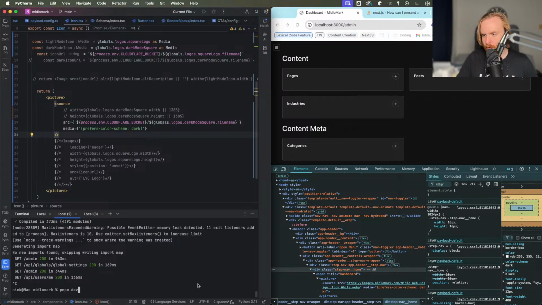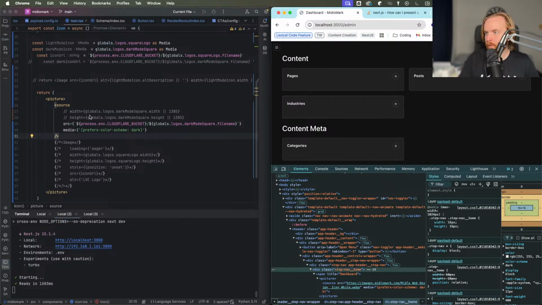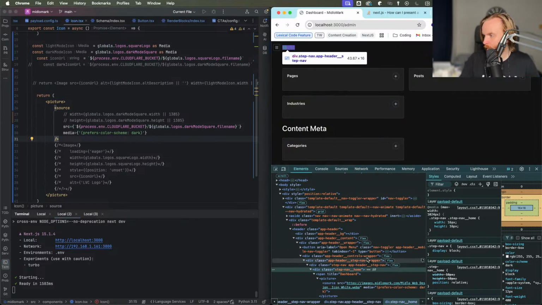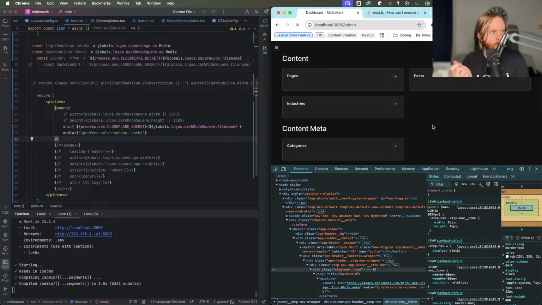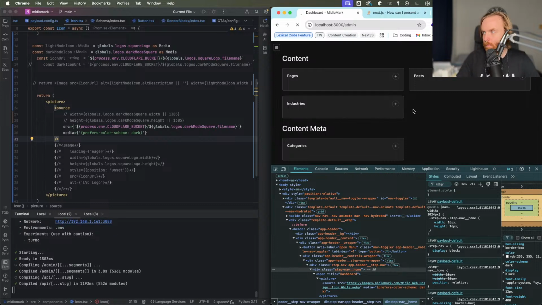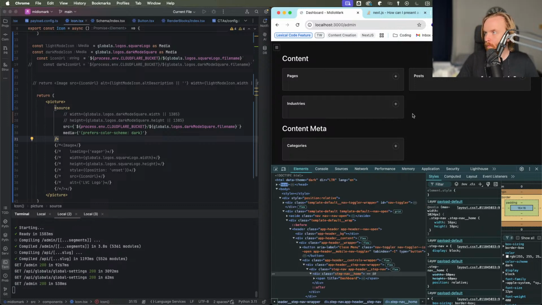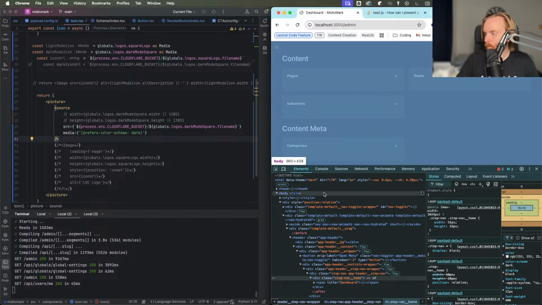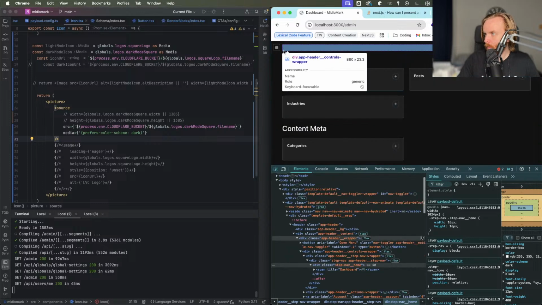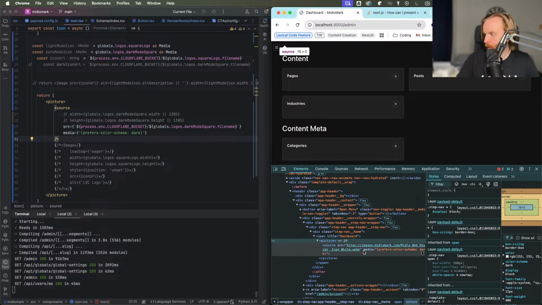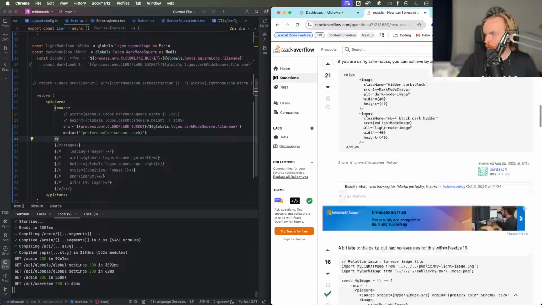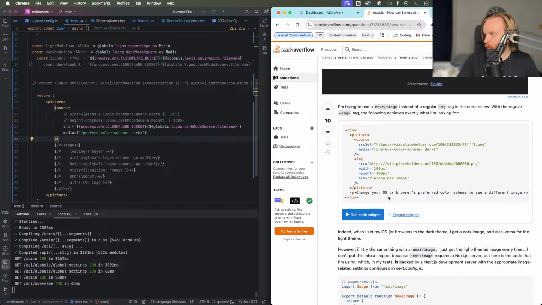Let's restart the server just real quick, because I've got the file name. We just tested the image to make sure it works. It does. So we click in all the way here. We've got dashboard, we've got picture, and then we've got source. And I know that image doesn't have